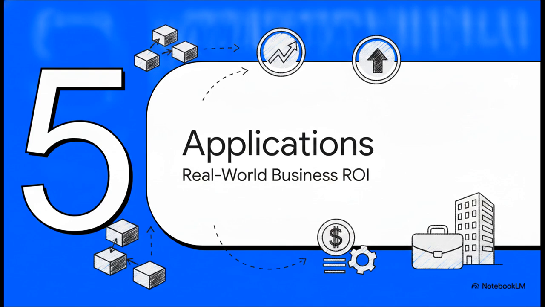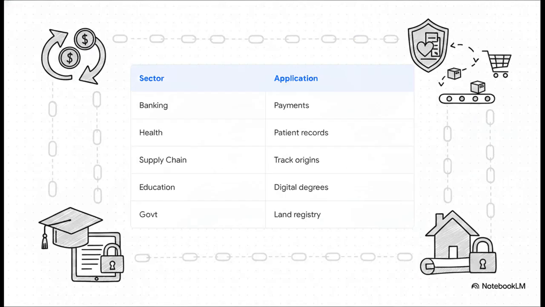Section 5 is where things get super practical. Let's look at real-world business applications and the actual ROI. Let's look at how MBA-relevant industries are applying this right now. In banking, it's being used for instant cross-border payments. In healthcare, it's creating secure, unified patient records. In supply chain, you can track a product with total transparency from the factory floor all the way to the retail shelf. Education uses it to issue tamper-proof digital degrees, and e-governance is securing land registries so property records can't